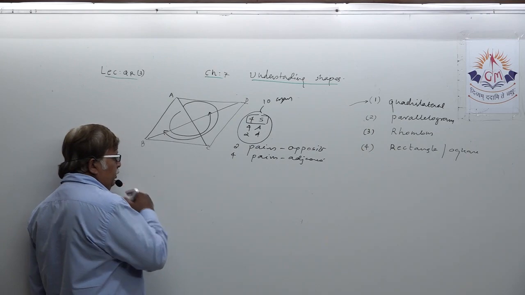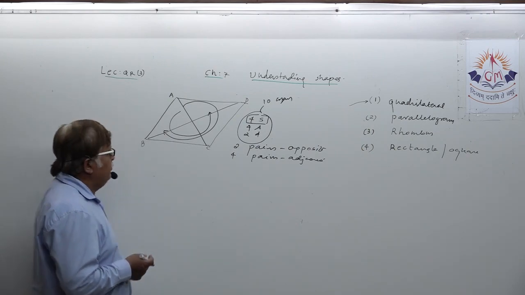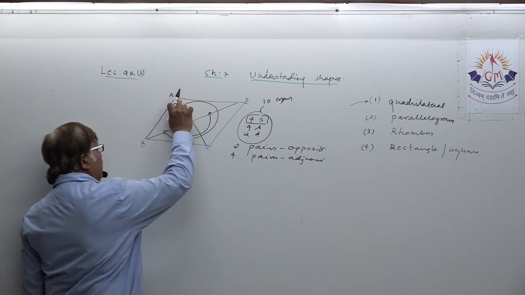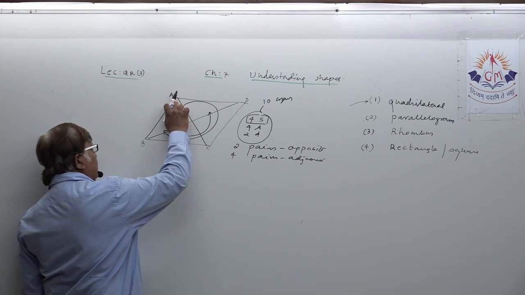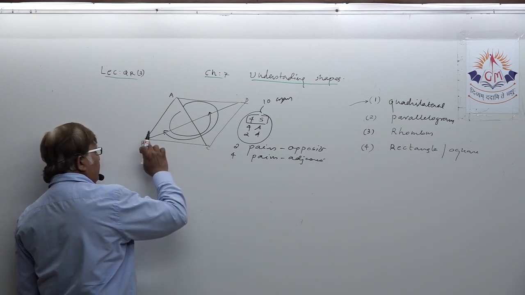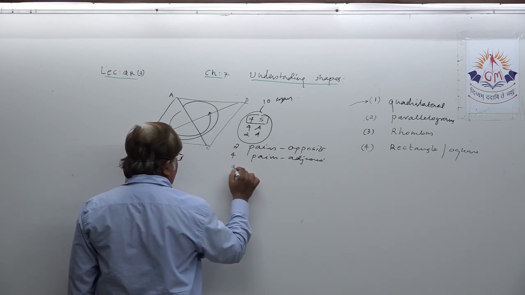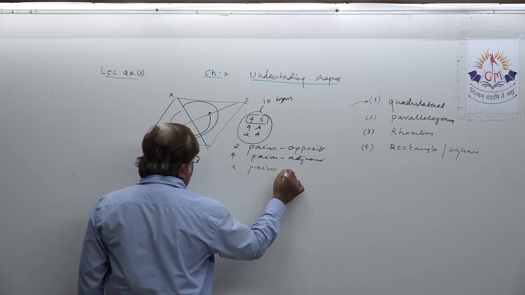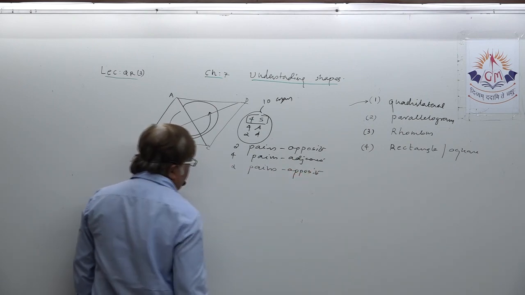Okay. Now pairs of angles, let us confirm. How many pairs of opposite angles? The 2 pairs. Angle A and angle C, first pair. Angle B and angle D, another pair. So again the basics need to be sharp and clear. 2 pairs of opposite angles.